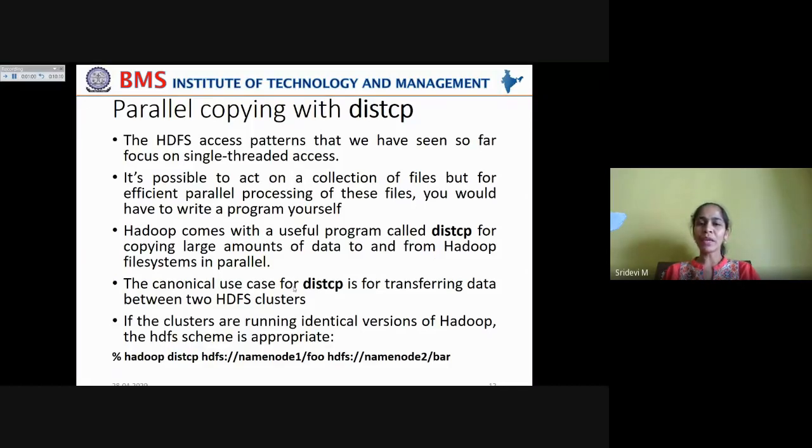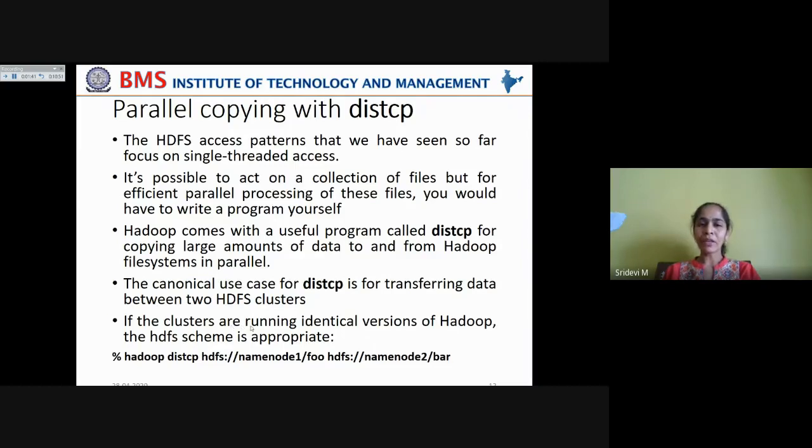Now, the canonical use case for distcp is for transferring data between two HDFS clusters, say in the scenario where you want to transfer data between two HDFS clusters, either in the same data center or geographically apart in a different data center. Now, if the clusters are running identical versions of Hadoop, the HDFS scheme is appropriate. Remember two things: if the clusters are running identical versions, which URI scheme to use, and if they are running different versions of Hadoop, which URI scheme to use.